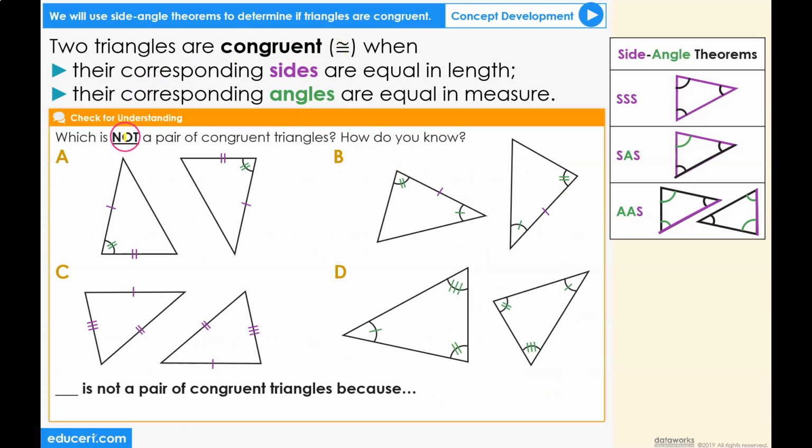Let's check for understanding. Which is not a pair of congruent triangles? How do you know? The three side angle theorems for congruent triangles are here, and we have option A, B, C, and D. Which one is not a pair of congruent triangles? Blank is not a pair of congruent triangles because